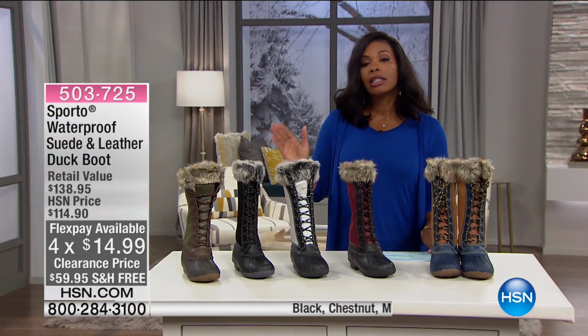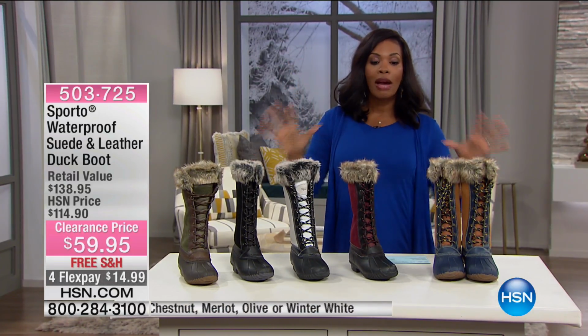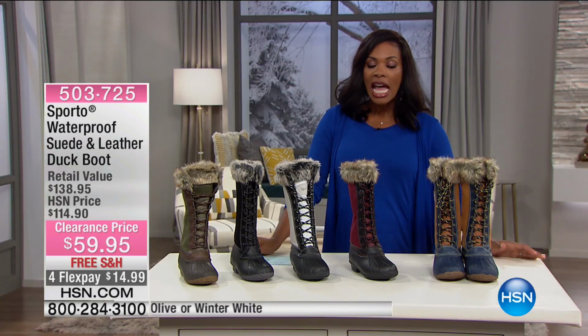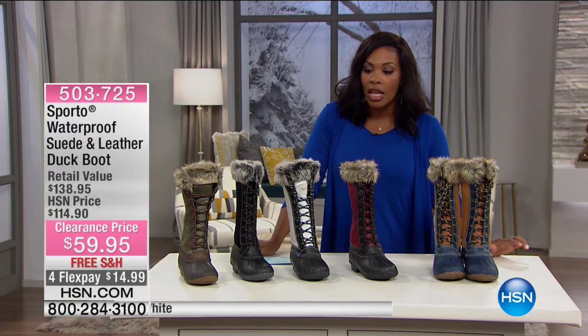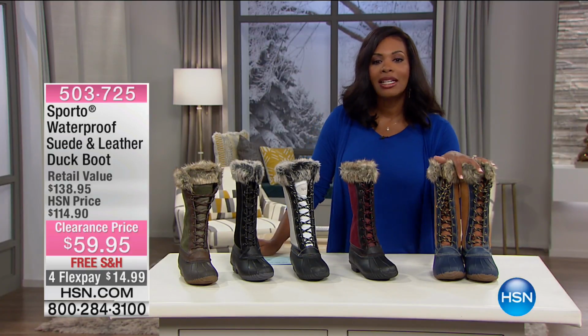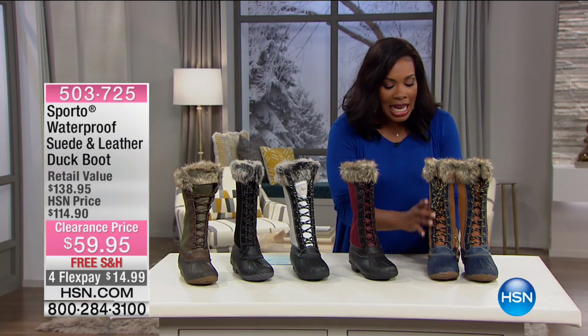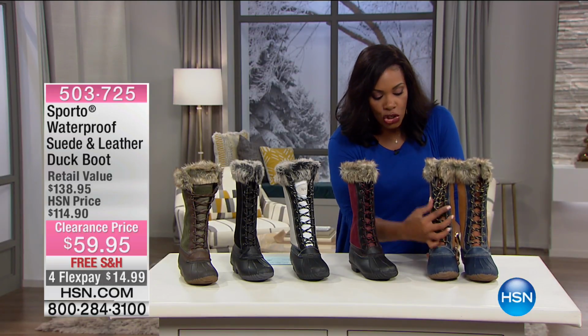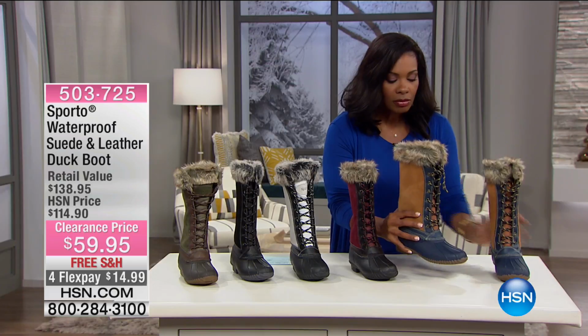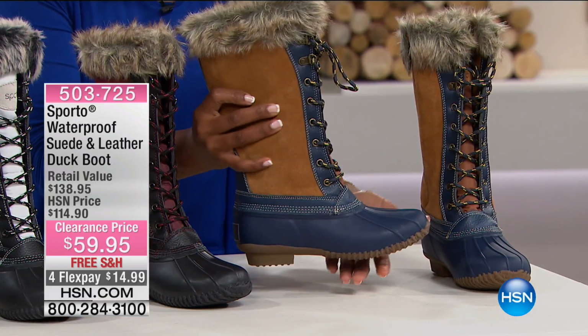Sporto are the cold weather experts. They are the ones that know. They are literally, that is their business. They make shoes and boots and some outerwear, and it's all based for cold weather. And what they've brought to us for this fave number 9, is this suede and leather duck boot. It's even hard to believe you are getting genuine suede, genuine leather, in this famous duck boot style, and you're getting it for